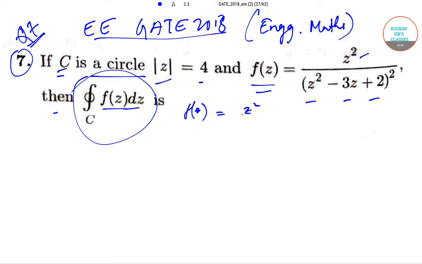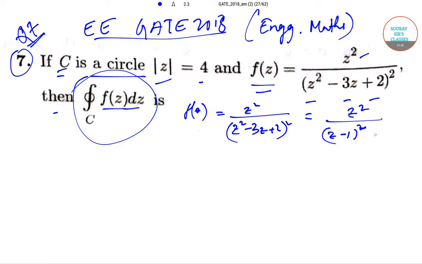Now we have been given that f of z is equal to z square upon z square minus 3z plus 2 whole square. Now this is equal to z square upon z minus 1 whole square into z minus 2 whole square. This is f of z. Now let us try to draw the circle mod of z is equal to 4. So the circle looks something like this: